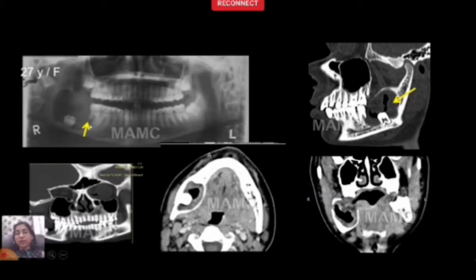Odontogenic keratocyst has had its name changed over multiple editions of WHO nomenclature. The latest name is odontogenic keratocyst and not keratocystic odontogenic tumor as it was earlier known. Seen over a wide age range of patients, so age will not be able to help us diagnose this lesion, but it is a more aggressive lesion than a dentigerous cyst. You can see how it erodes multiple tooth roots, displacing teeth.